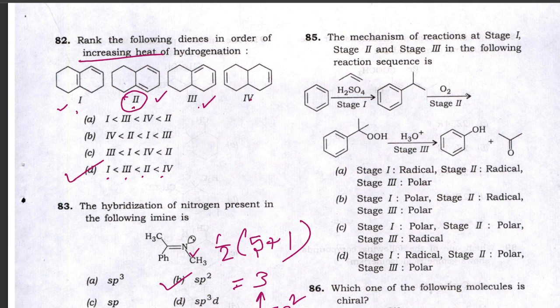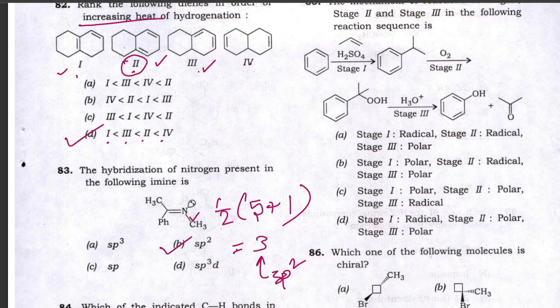In this, if you see at this stage 2, you can understand that. But even if you do not know the mechanism of this question or the course of this question, you can very easily solve it. The question asks whether the steps are polar or radical. Now we know that for radical formation we need to have some radical initiator or something which can form radicals.